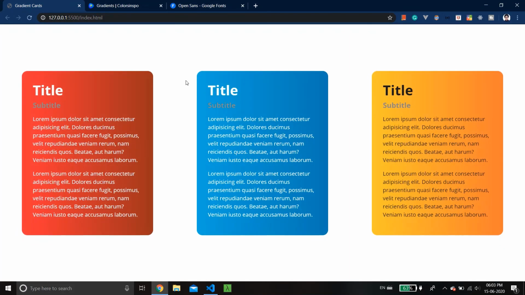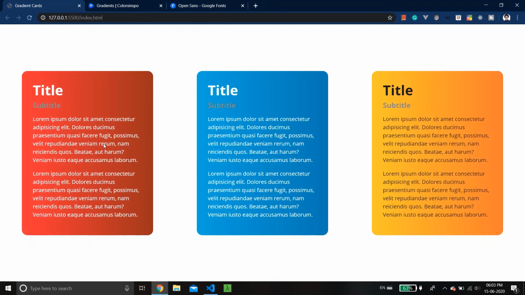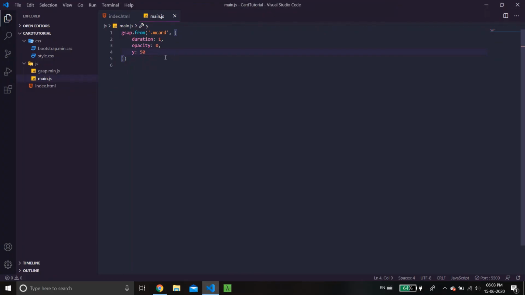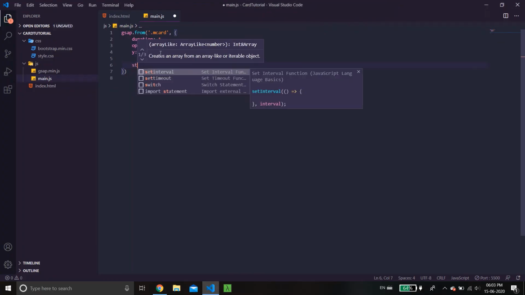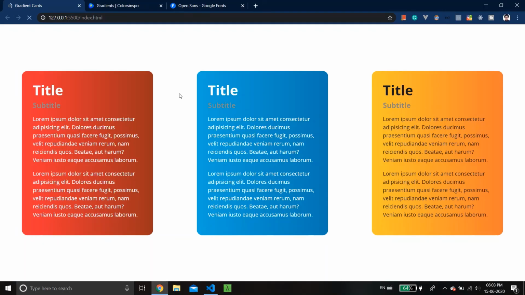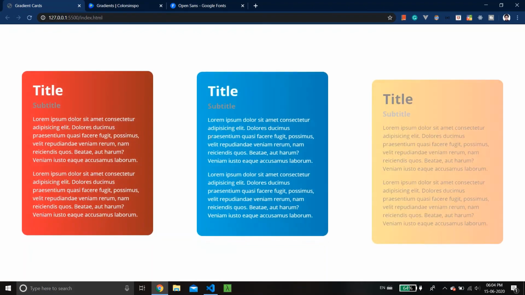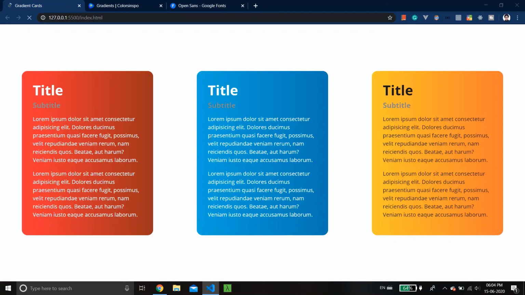So our animation and card design is almost complete here, but the thing we're missing is I want them to appear one after the other. How we can do that with GSAP is we just need to add an automatic delay. We add stagger, and we just set it to the delay we want, like 0.1 seconds between each of those showing up. So that will look like this. See, that is so nice. I think I need to increase this to 0.5. Yeah, that is about right, but yeah, so there you have it.